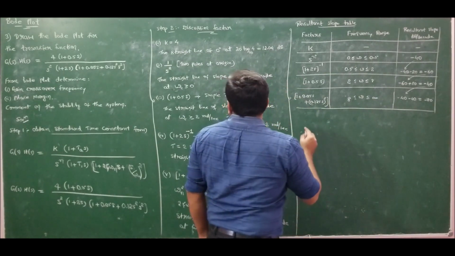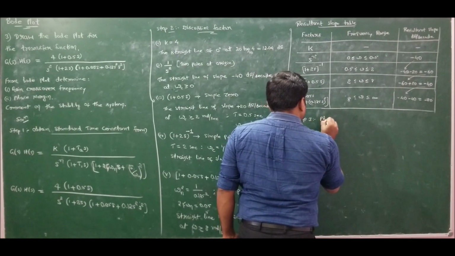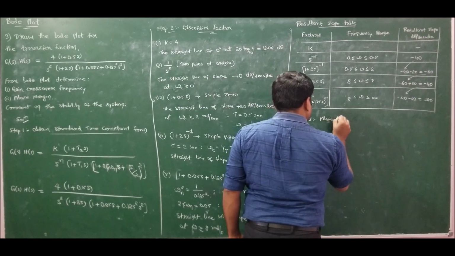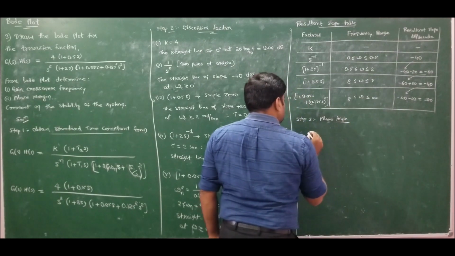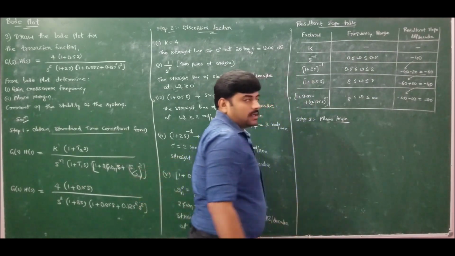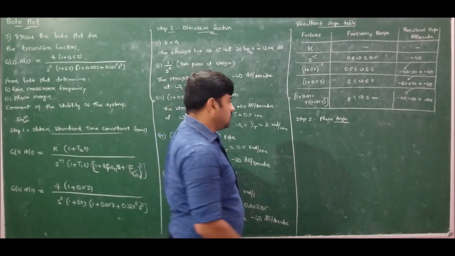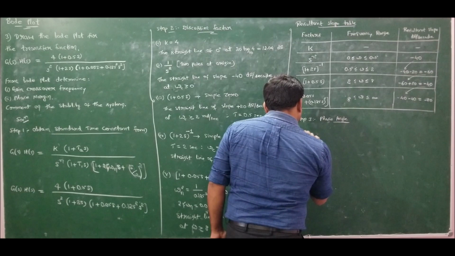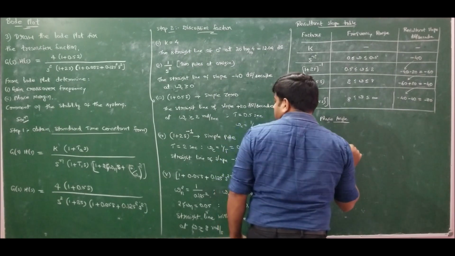Next move ahead to step number 3, that is phase angle calculation. For the phase angle plot, replace s by j omega to get the equation for phase angle. So if I replace s by j omega, then G of j omega, H of j omega is equal to